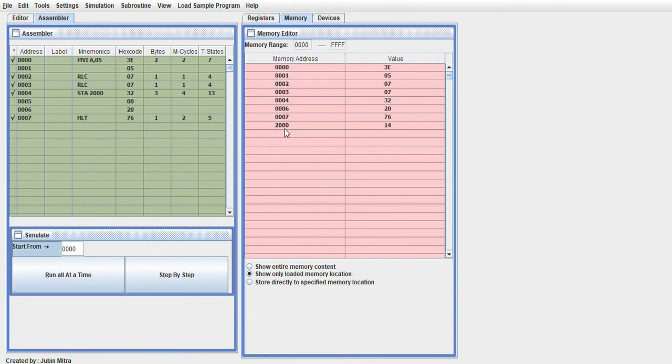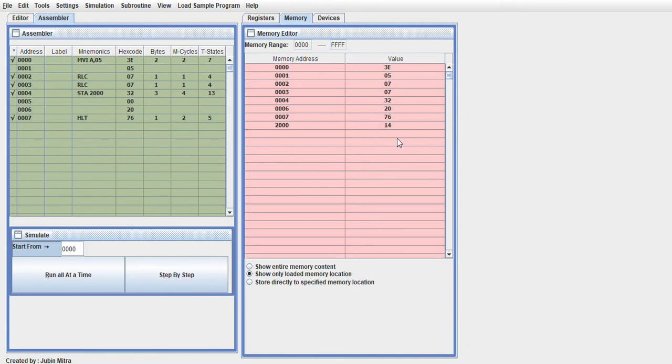look at the result here. The result has been stored at location 2000H. We have rotated the base number 05 by 2 bit positions, which means we are multiplying that number by 4. The result in decimal would be 05 into 4 equal to 20, but 20 in hexadecimal becomes 14. So that's why our result is correct here.